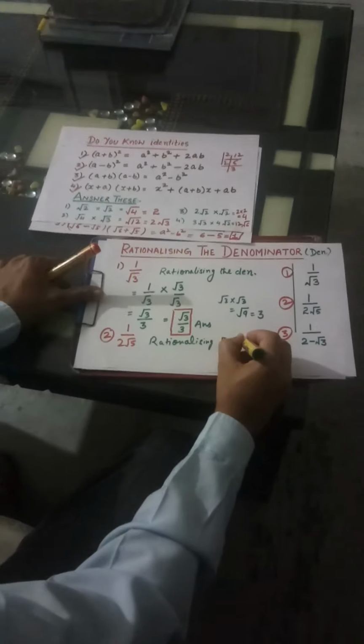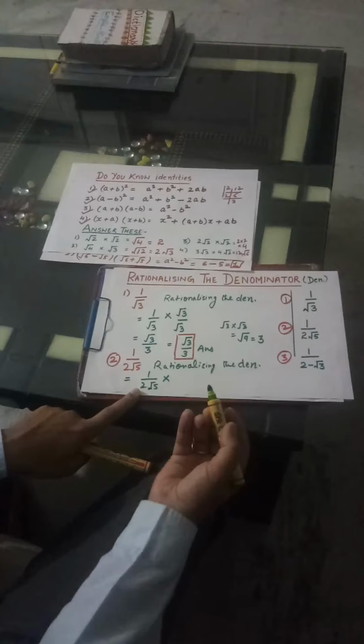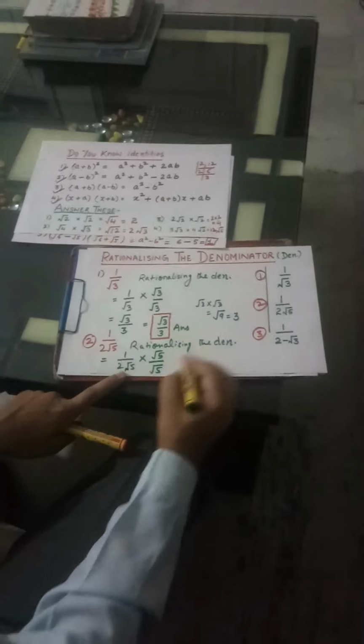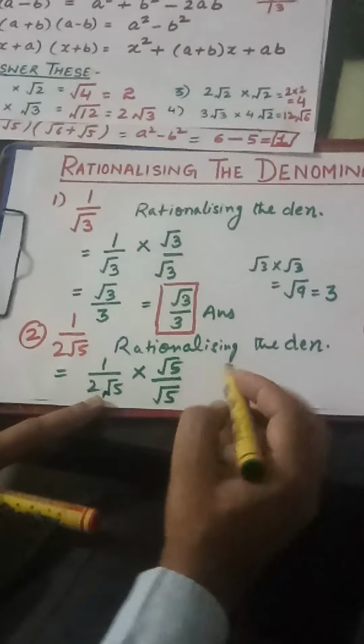Like you can write like this: rationalizing the denominator. When you rationalize it, then it is 1 upon 2 under root 5. By chance, if you multiply it with 2 under root 5 in the numerator and the denominator, that will also give you the same answer. But the main concept is to rationalize the denominator with the under root only. So you can take under root 5 in the upper part and under root 5 in the lower part also, meaning you are multiplying up and down with under root 5 only.